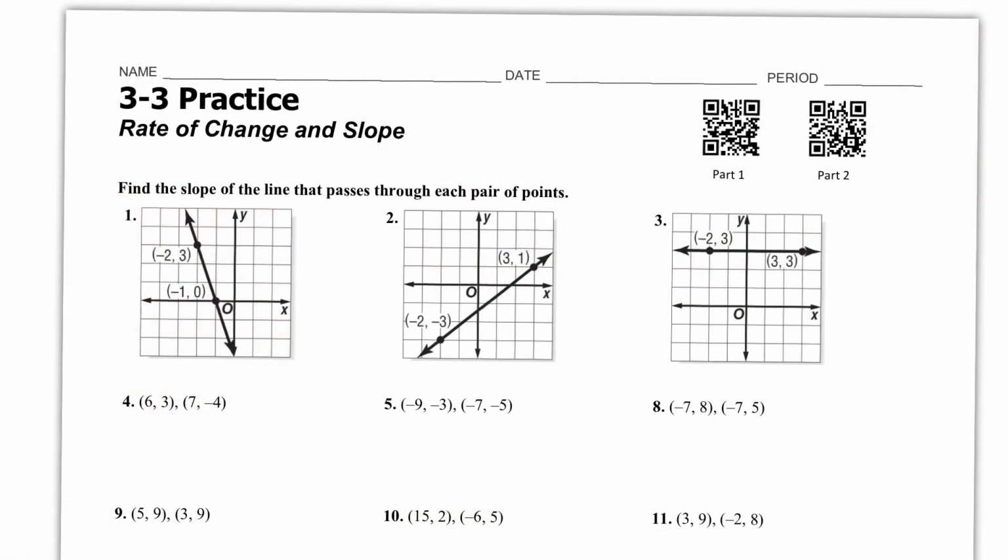Hey, what's up guys? This video is for section 3.3, which is rate of change and the slope of lines. Yesterday I made a video on how to find the slope of a line from a graph and how to find the slope of a line with two given points. Today you are going to find a missing value when you already have the slope of the line